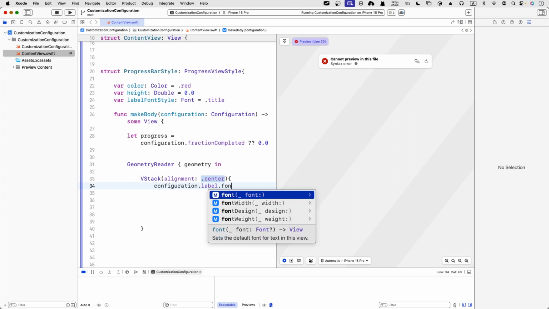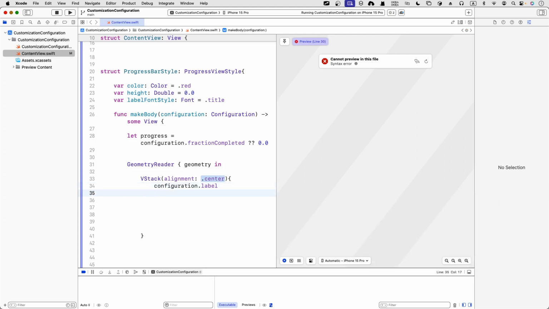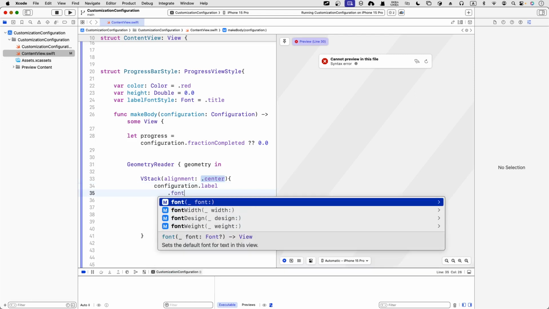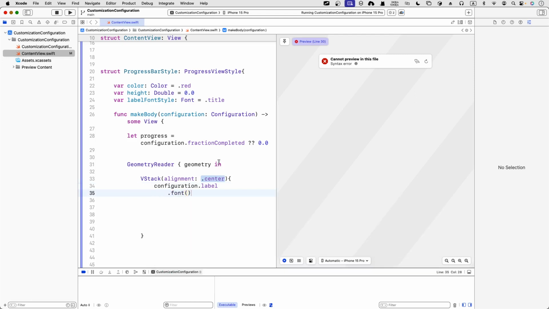I think maybe I can write this way, so it's much more clear. And I'm going to pass in the style, which will be the title. So I'm going to pass it in here. If you want to change it, you can just pass in, say, the footnote here, and everything will be changed. So the font will be a label or font style, which will be the title, and then I'm going to add the basic rectangle as the